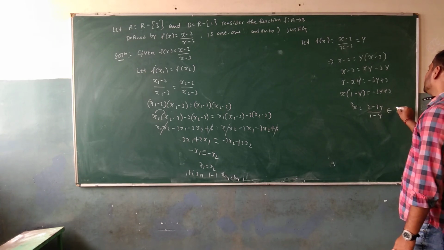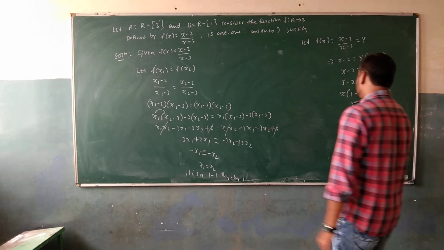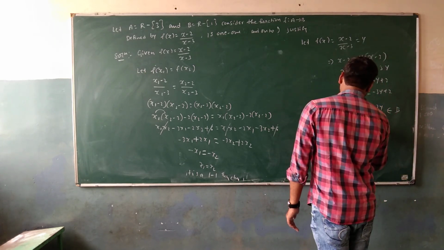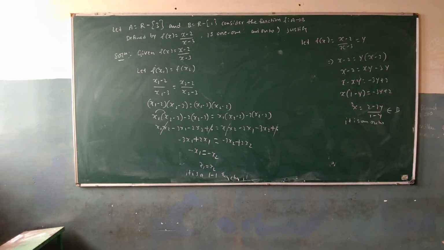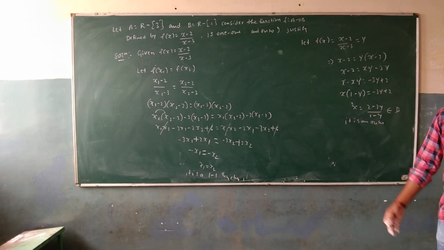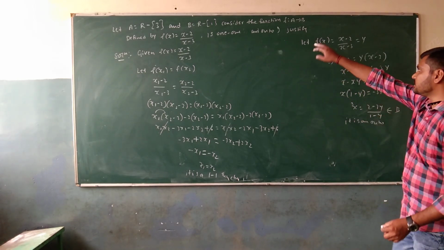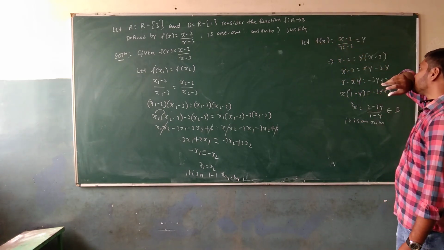So this belongs to set B, so you can say that it is an onto function. It is a one-one function as well as an onto function, so you can say that it's going to be a bijective function. Observe here that f of x is equal to x minus 2 divided by x minus 3 is